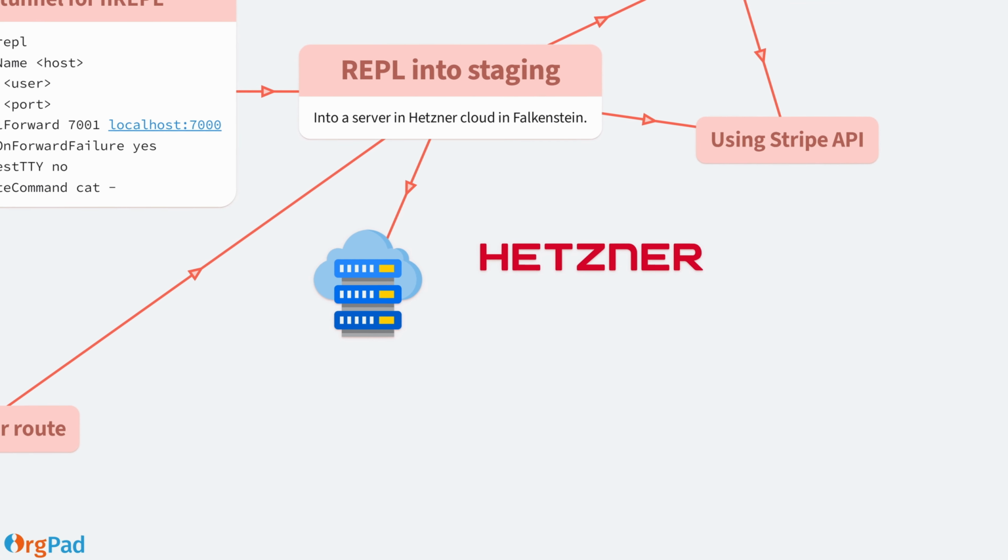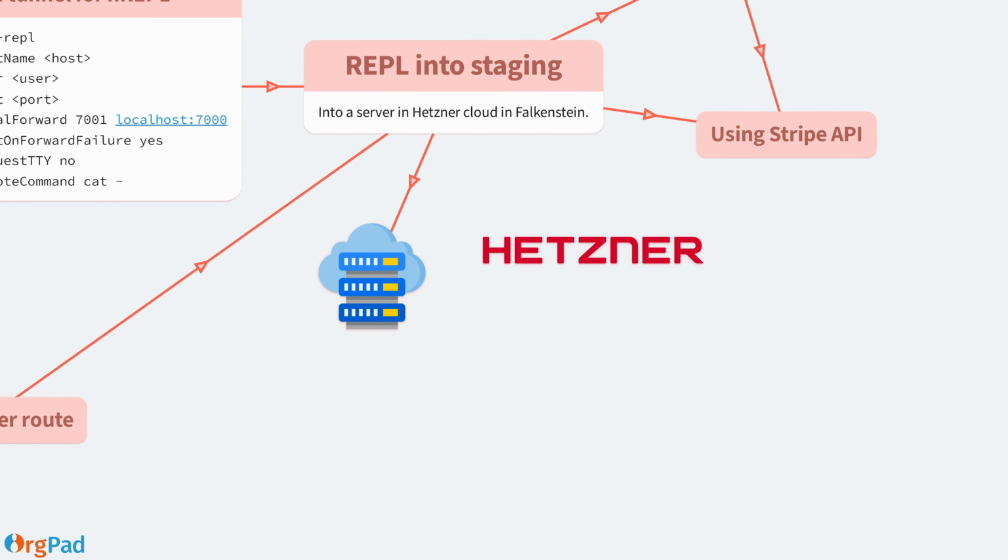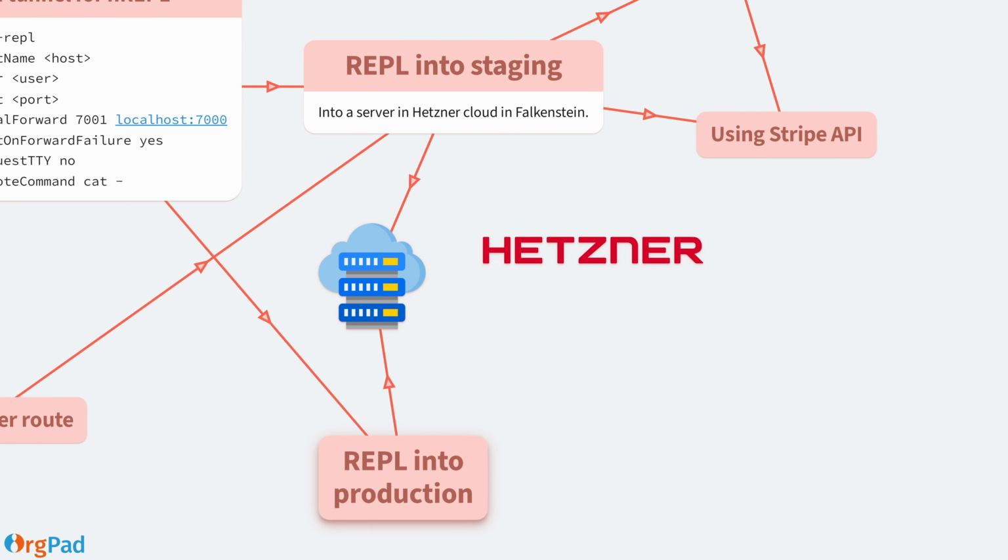Since we can connect REPL to our staging server in Hetzner Cloud, it is also possible to connect to our production server. When I mention REPL to production, this idea is really scary to many normal developers. I can connect to our production server, run some arbitrary code there, or even update its functions. This has to be dangerous, and your server is broken all the time, destroying customer data, and so on. This is what these developers imagine.